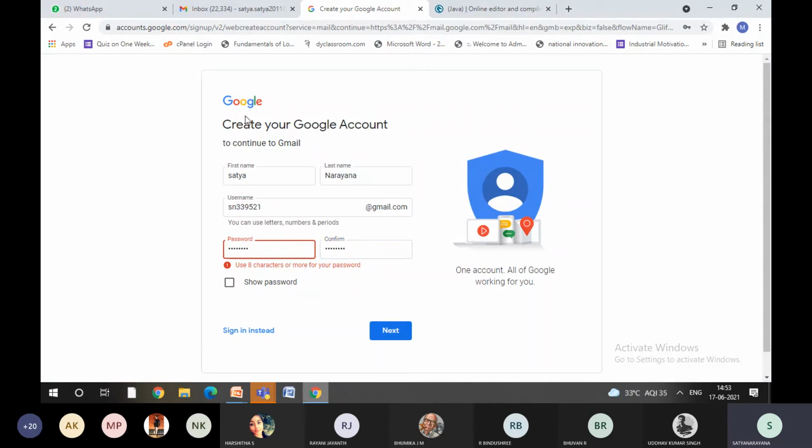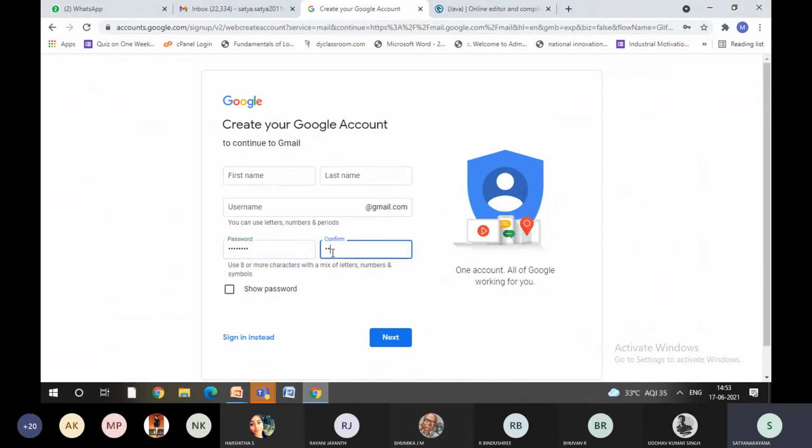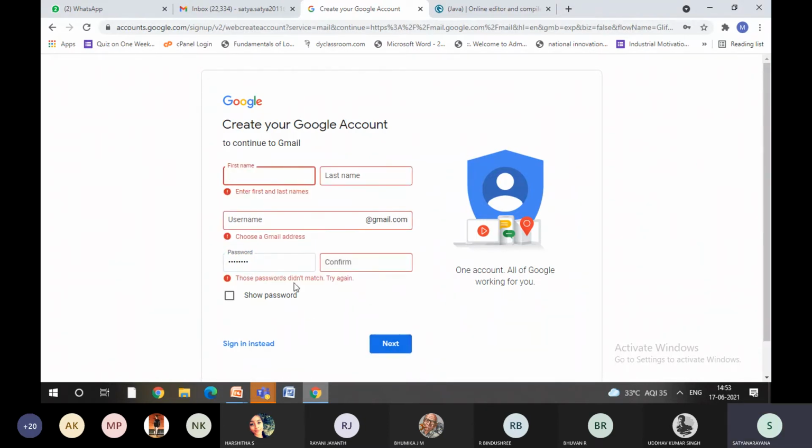Why is it not taking? It should take. Let me just refresh this page once. Yeah. So I'm just entering 1, 2, 3, 4, 5, 6, 7, 8. You can see here, I just gave all 8 characters. So the default exception handler is not showing anything. Again, I'll put the same thing, but this time I'll put fewer characters, 5, 6 and 8. Now the moment I put next, the password did not match.